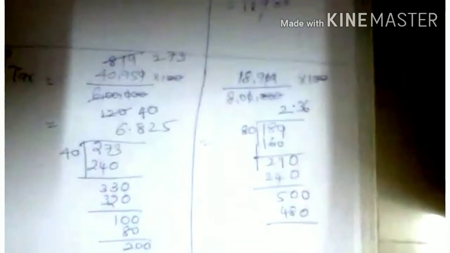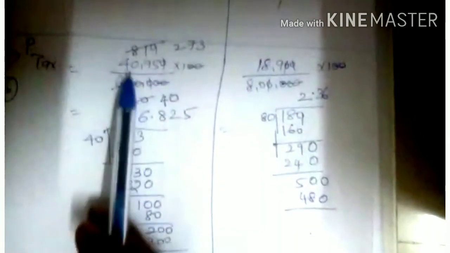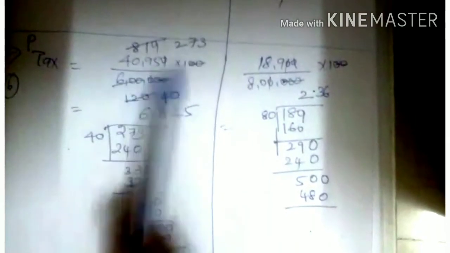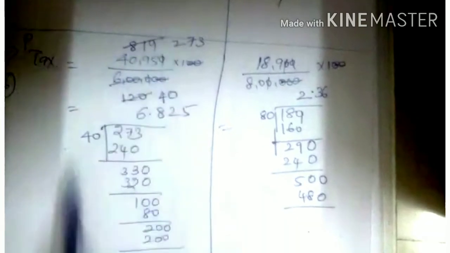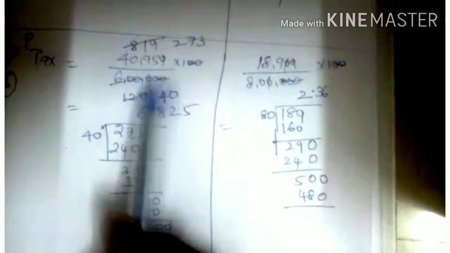See here, we have done the tax calculation. 40,950 divided by 6 lakh into 100. By simplification we will get 6.825. When you simplify this, similarly here